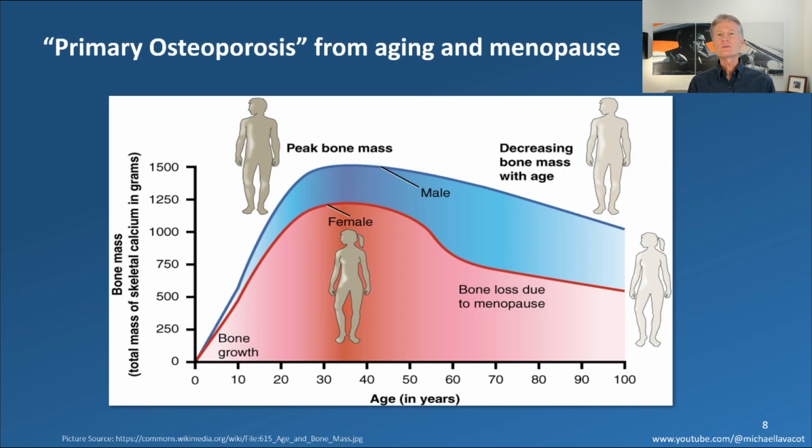Most people get osteoporosis from just aging. It's part of the aging process. And if we look at this chart, you can see bone mass throughout our lives, right? From birth, you're growing, bones are getting bigger, bones are getting stronger. By about 30 years old, you've reached that peak. And then as you age beyond that, you lose bone mineral density.